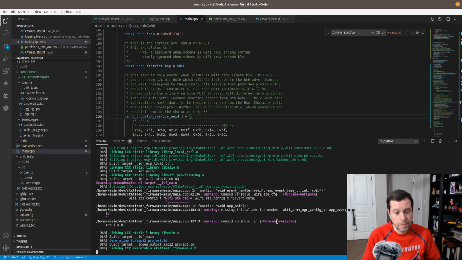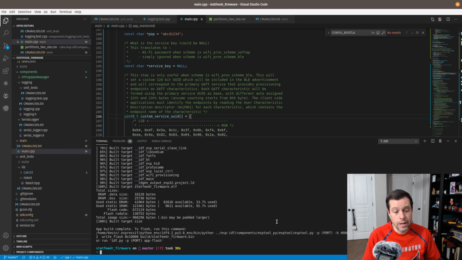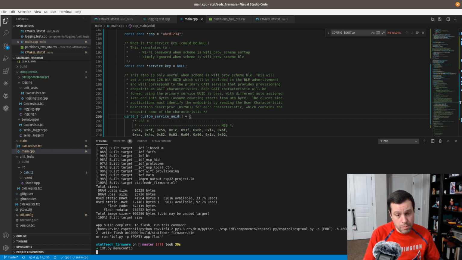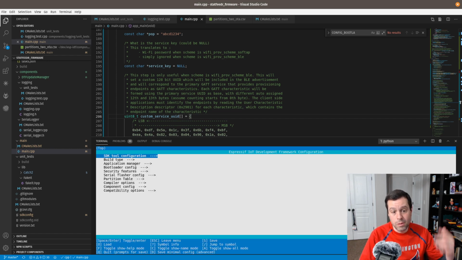Okay, here we go. So what we get at the end of this is you can see a target binary that's just under a meg, 966,000 bytes, which is really big. And so what I was doing was going into menu config and just fiddling with the bits to see how I could